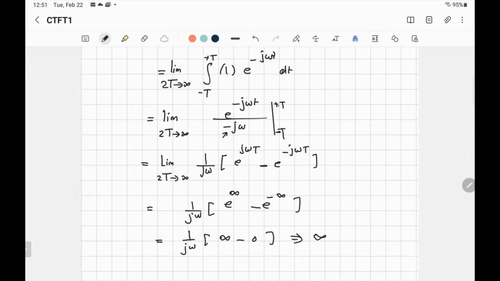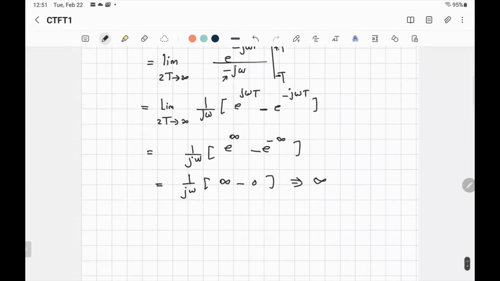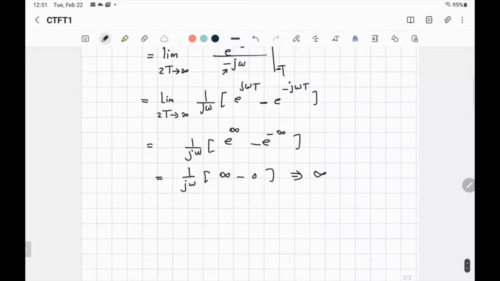So you cannot find Fourier transform for the signal, because as you see, it's not limited. When you take the area, it just extends to infinity. So that's proof that the existence condition is true, right? So we will say that yes, that's true, because if we did the integration for x of t itself, from 1 to infinity, and then substitute, you get infinity. That will give you infinity. So it means that